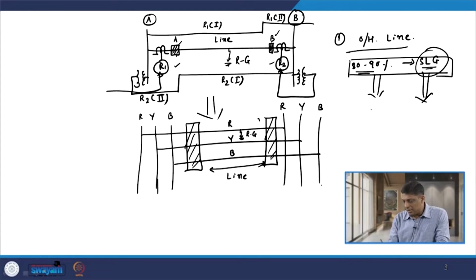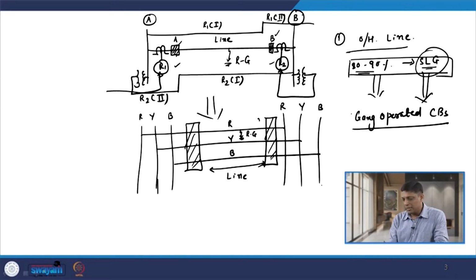Now, this is because in our country we are utilizing gang operated circuit breakers. So, it is known as gang operated circuit breakers. The gang operated circuit breaker means all the 3 poles of the breaker become open simultaneously irrespective of type